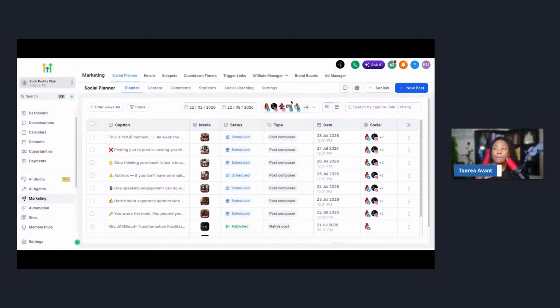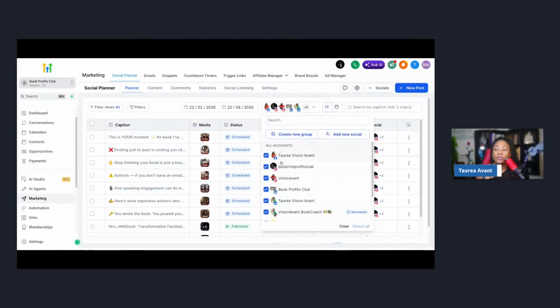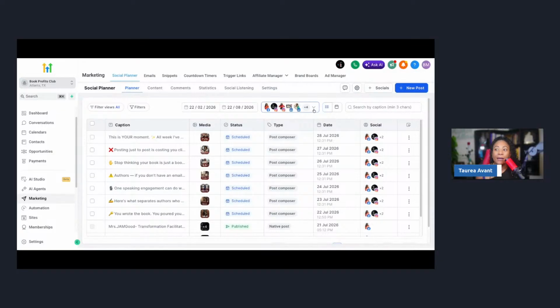But if you need to connect your social media, if you don't have anything connected, you first need to make sure that you connect them. So when you go here to marketing under social planner, you need to make sure that you have all the stuff that you want connected. If you've never connected anything, right here where it says plus socials, click here.